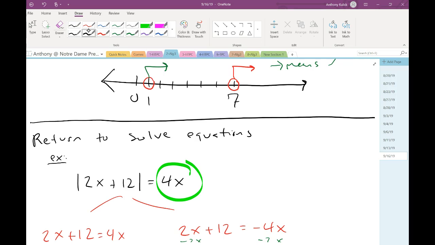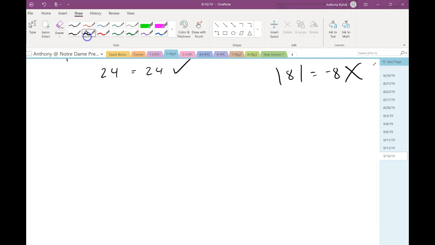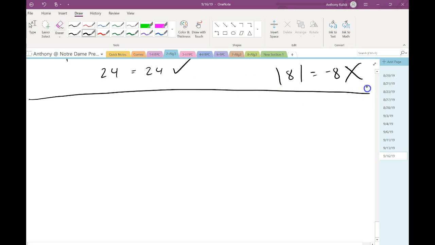I want to do one other example because there's a very important situation that most students make a mistake on. So I want to make sure that I do an example of that. So let's say we have the absolute value of 4x minus 1 minus 9 equals 2x. First thing I'd want to do is